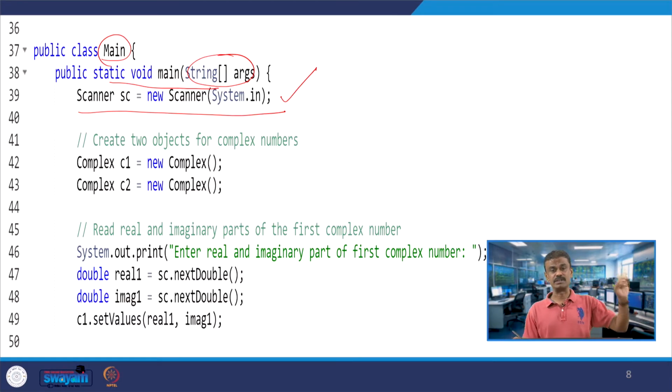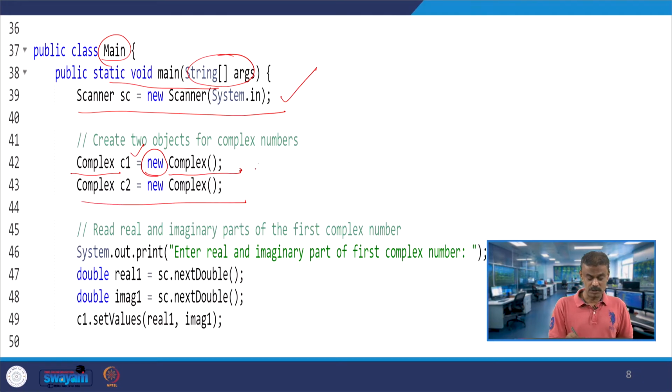Let us create two objects, let us instantiate two objects C1 and C2, C1 whose class is Complex, and then here we use the new operator, and then you use a constructor, and then another object. So, dynamically you are allocating memory for C1 and C2, that is the meaning.